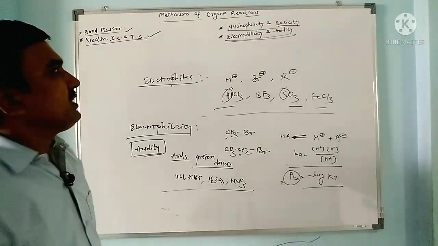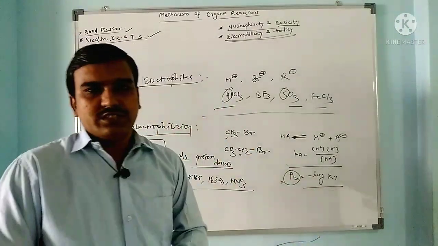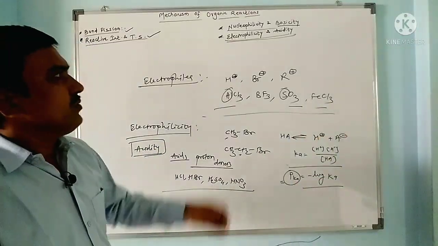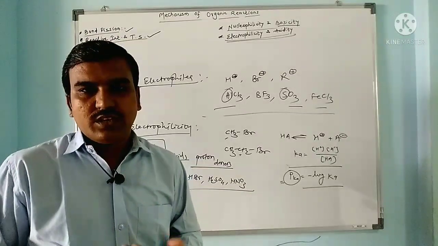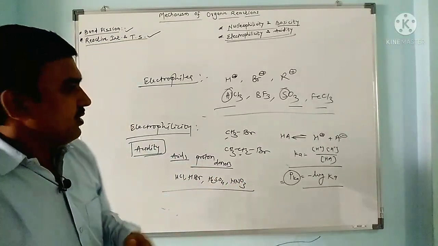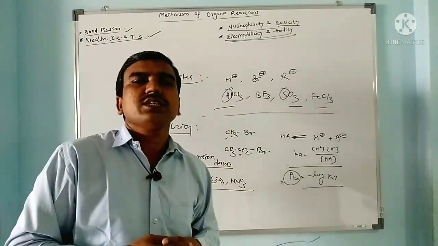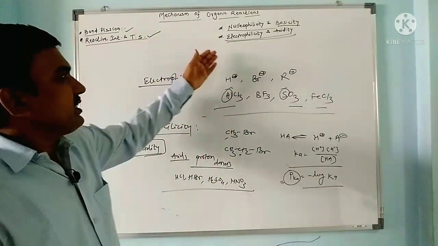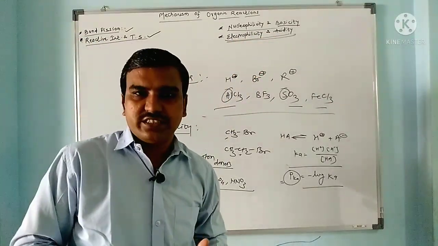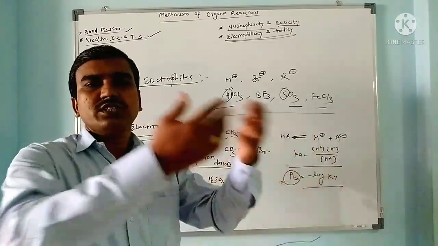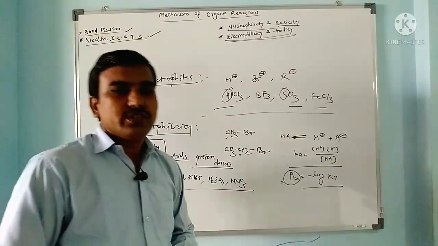So in short, again I am explaining this. Nucleophilicity is the ability to attack an electron deficient species and displace the leaving group, while basicity is the ability to accept a proton, how fast it catches a proton. Both are highly related and closely associated with each other. In the case of electrophilicity and acidity, electrophiles are species which are electron deficient in nature, having affinity towards an electron pair, so they accept an electron pair from electron rich species such as nucleophiles.